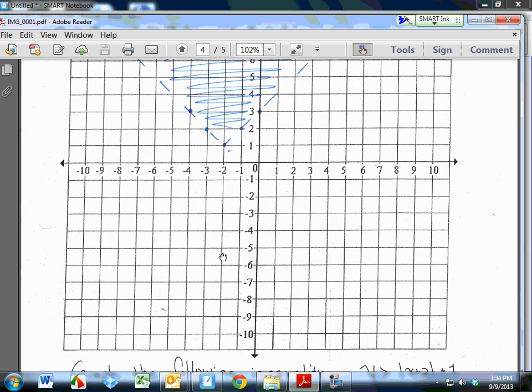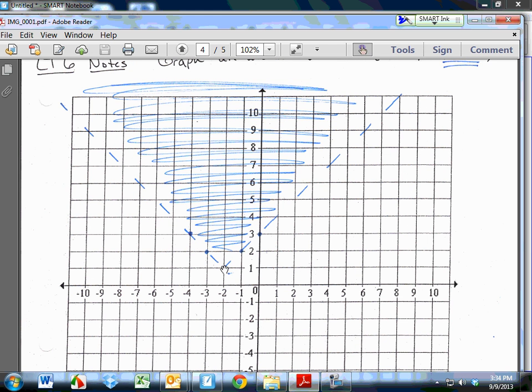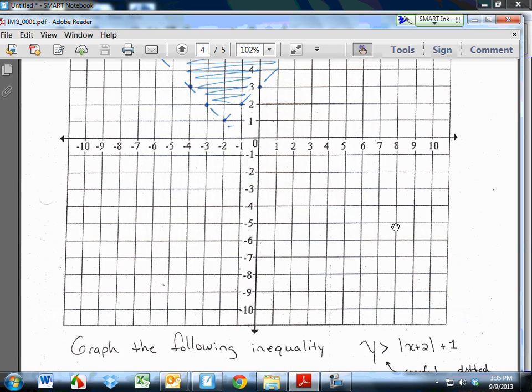So you'll see if we look up here, I've graphed the ordered pairs from example 1, graphed a dotted V, which is telling the reader any point on the V or on this dotted line, they don't work. And then there's shading here because we've already finished the problem, but that shading